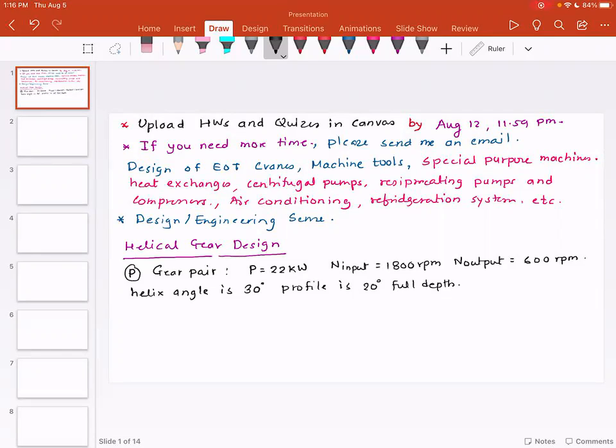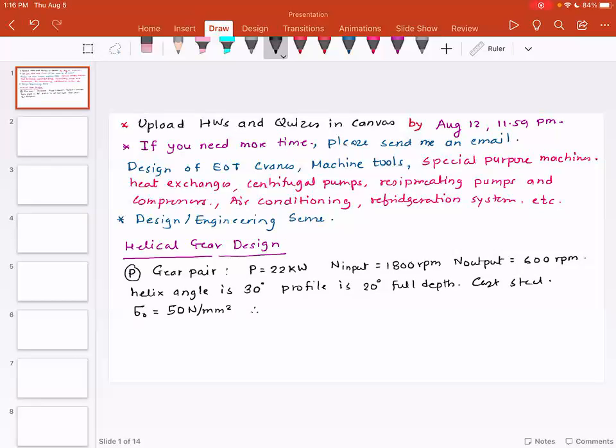Now, the material for the gears is cast steel. And then the static stress, sigma static, is 50 Newton per millimeter square. And in this case,